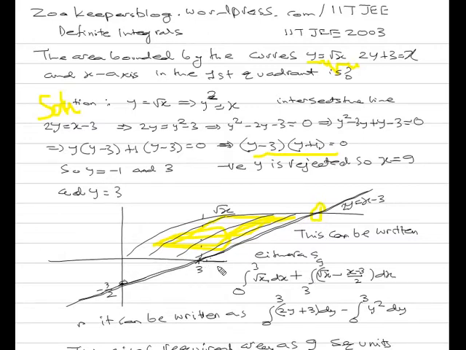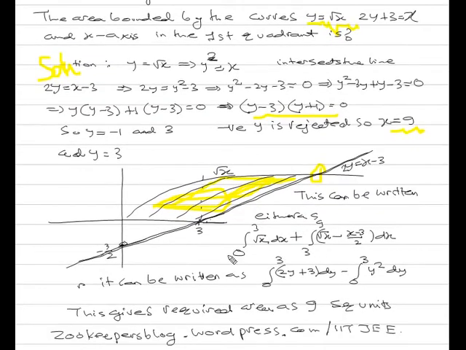Now we can write it in two parts. You can write it from 0 to 3, you take only root x, not a problem, because this integral is here, only this part. And then from 3 to this intersection point, now we get this intersection point as x is equal to 9 by solving. So 3 to 9 will be root x minus this expression, x minus 3 by 2.